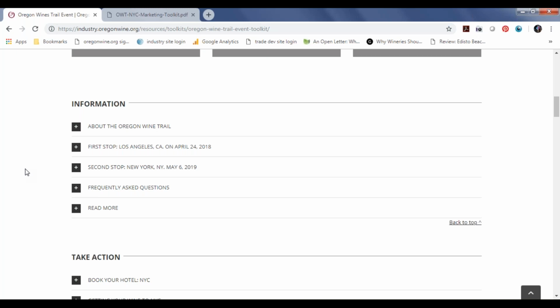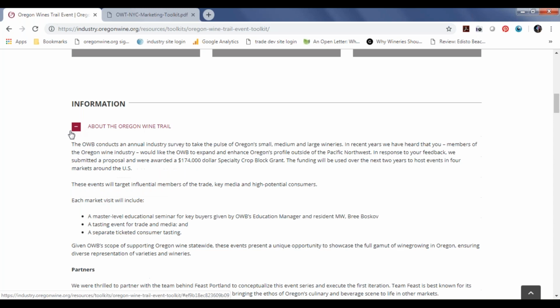And the idea was we wanted to take, as much as was possible, a bit of Oregon on the road. So in addition to the obvious, which is of course your glorious fine wine, we wanted to take some personality and some aesthetic and some feeling and some ambiance, and really try to create, for at least an evening, a little slice of Oregon in these various places. So in addition to the great wine program that you supply, we also are bringing along, have brought along, and will bring along culinary partners.